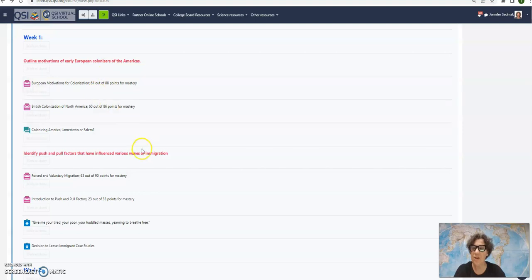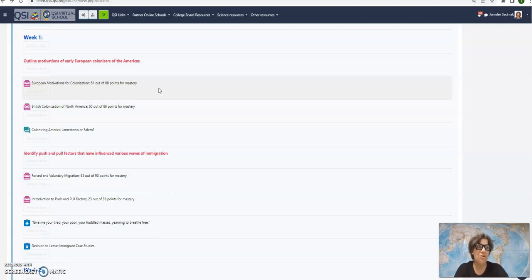So we're going to start with the colonial period, and then we will go into a little bit more of the early 19th century history of the country and take a look at immigration experience at that point in time. With the European motivations, again, I mentioned God, gold, and glory. So you'll look at some documents in this SCORM package that relate to those three major themes, and then you can draw conclusions like what were the most compelling factors that influenced exploration and colonization.